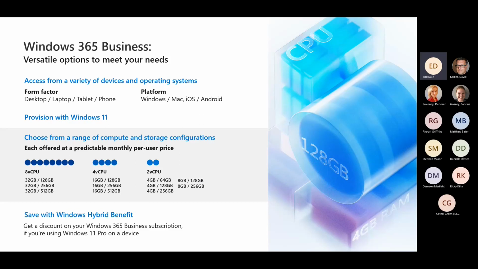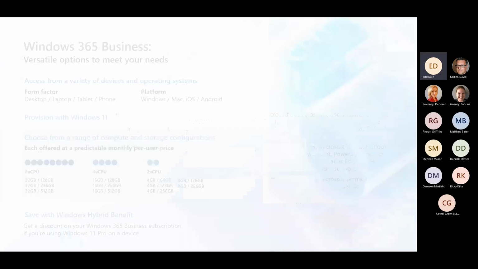The highest configuration you can have in Windows 365, for example, would be 8 virtual CPUs, 32 gigs of RAM and 512 gigs of storage, which I think you'll agree is no slouch. That would be an incredibly powerful virtual machine. And of course, the benefit is that this can be run on a multitude of different devices. But I realize these are all just numbers and figures. What does that equate to in real terms, in terms of what sort of customers?